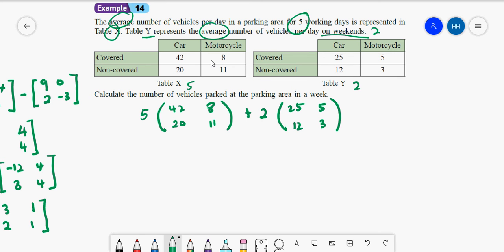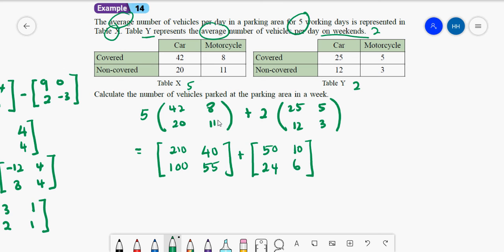So equals, you can solve this to find the answer. So this becomes 210, 40, 100, 55 plus 50, 10, 24, 6. So remember you must multiply the scalar with all the elements inside